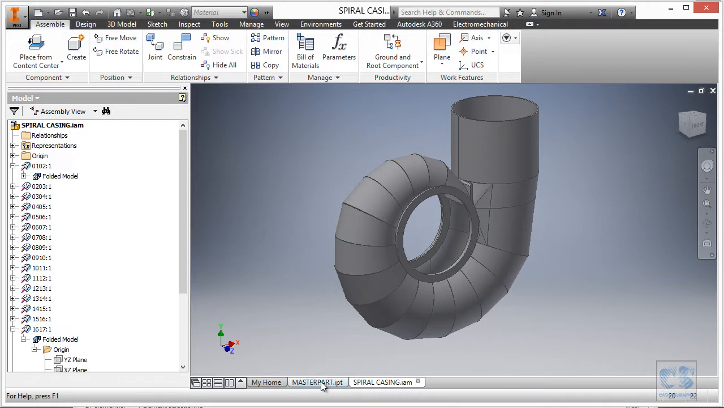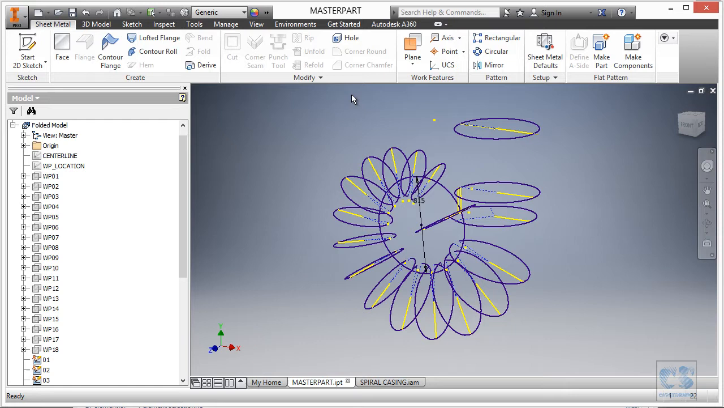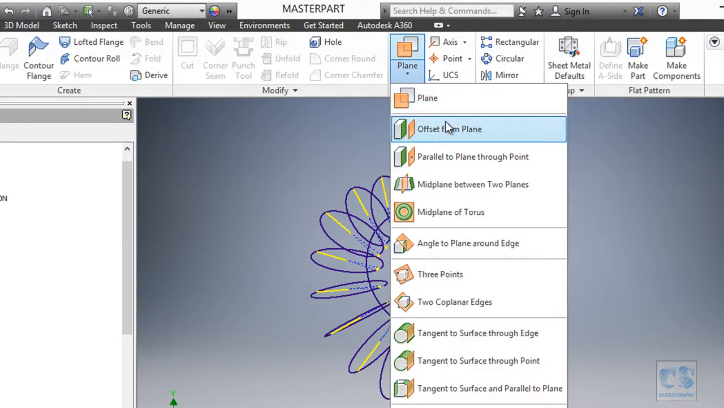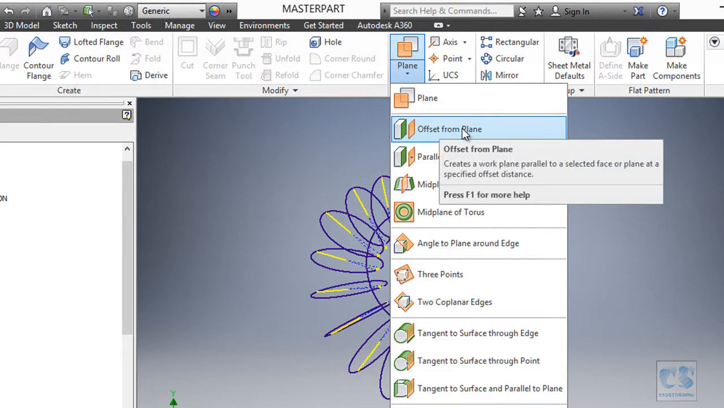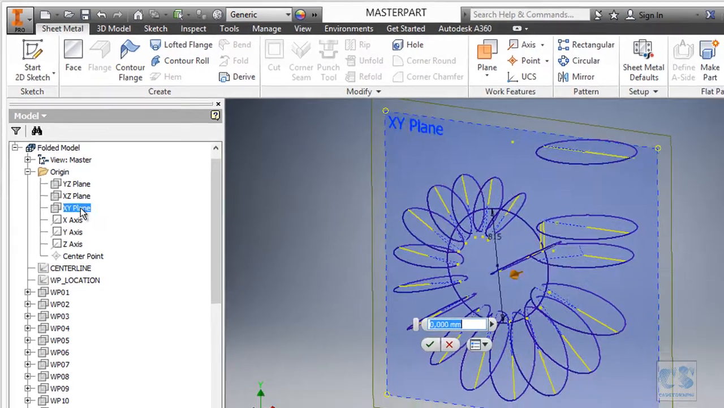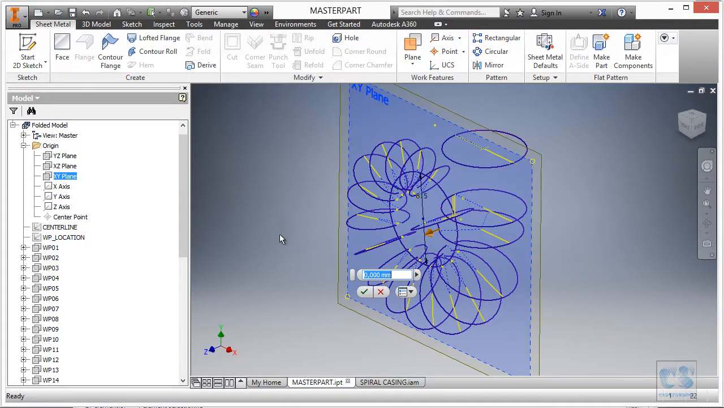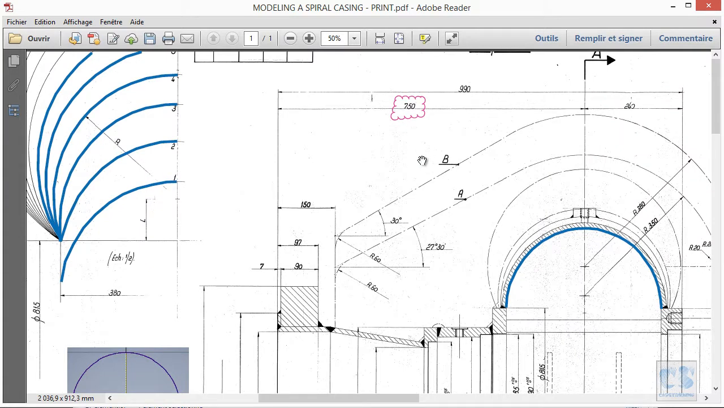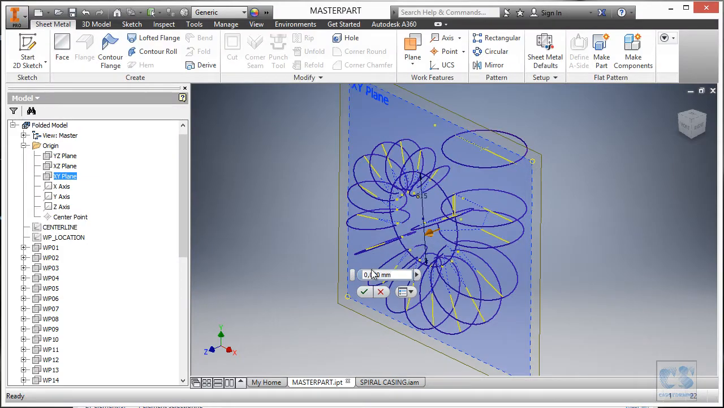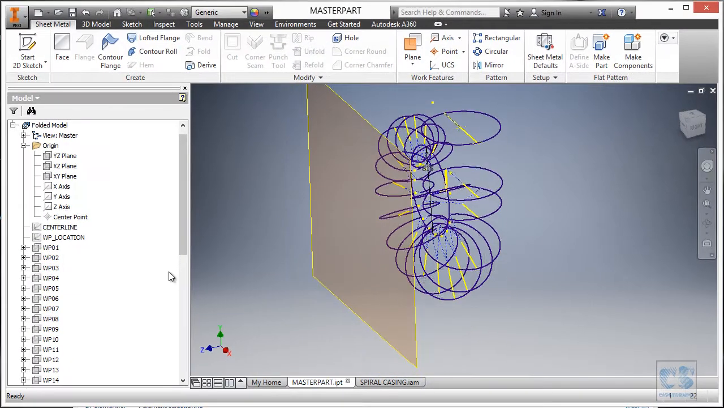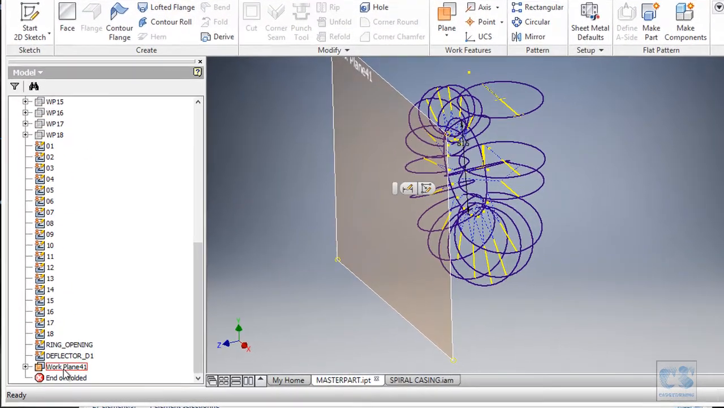We are going to create the work planes and the sketches inside the master part, so let's switch back to the master part. Then we will add a new plane using the offset from plane method, and we are going to select the XY plane, and we want it to be at a distance of 750, so we will input 750. So this plane will be named